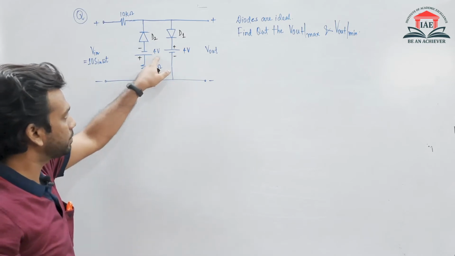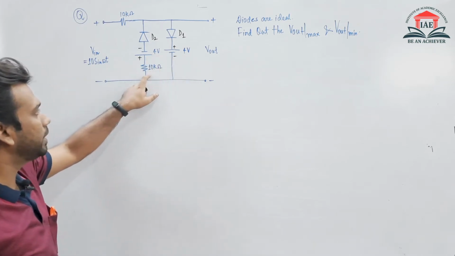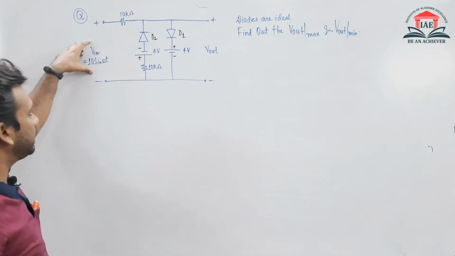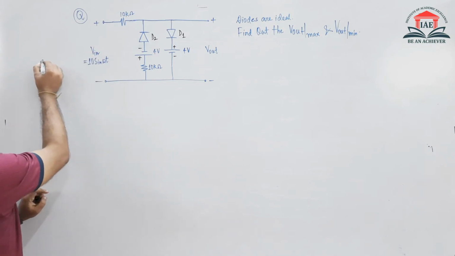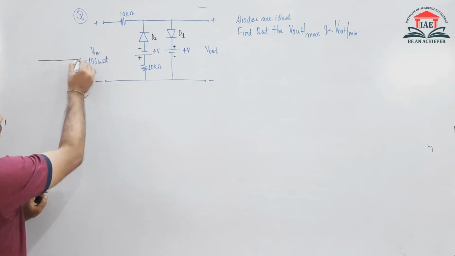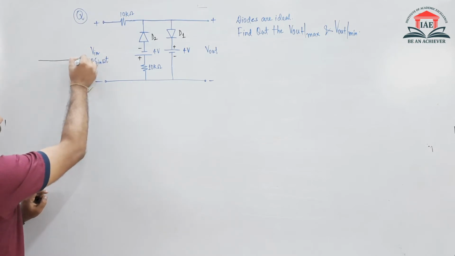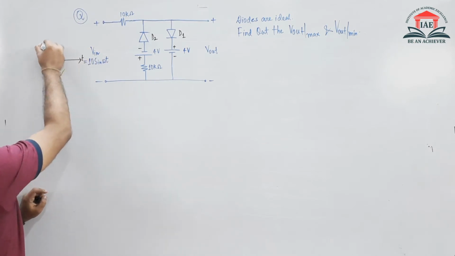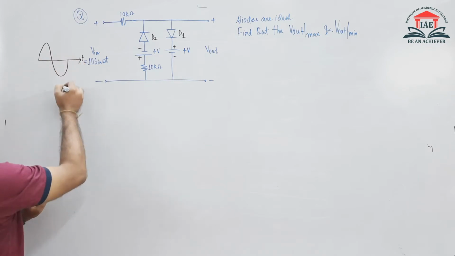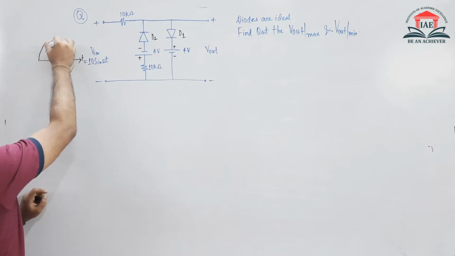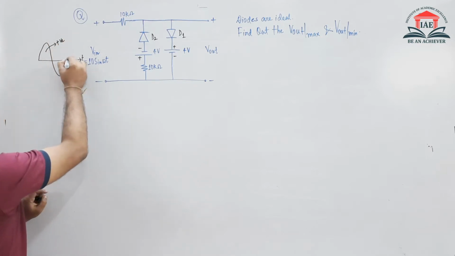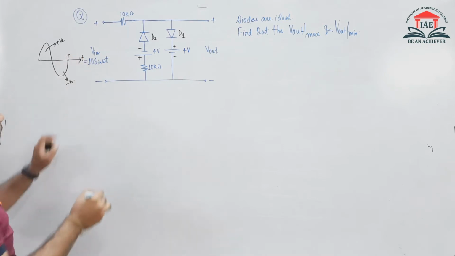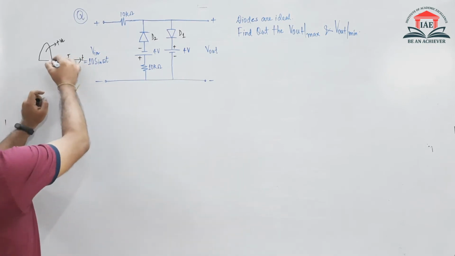So I can say it is minus 4, this is 4, and a 10 kilo ohm resistor is here, and the input voltage is given by 10 sin omega t. If it is given by 10 sin omega t, then we can draw the input voltage like this. So this is the positive half cycle and this one is the negative half cycle. So the total time period, if I say that it is capital T, then the half time period can be said as T by 2.